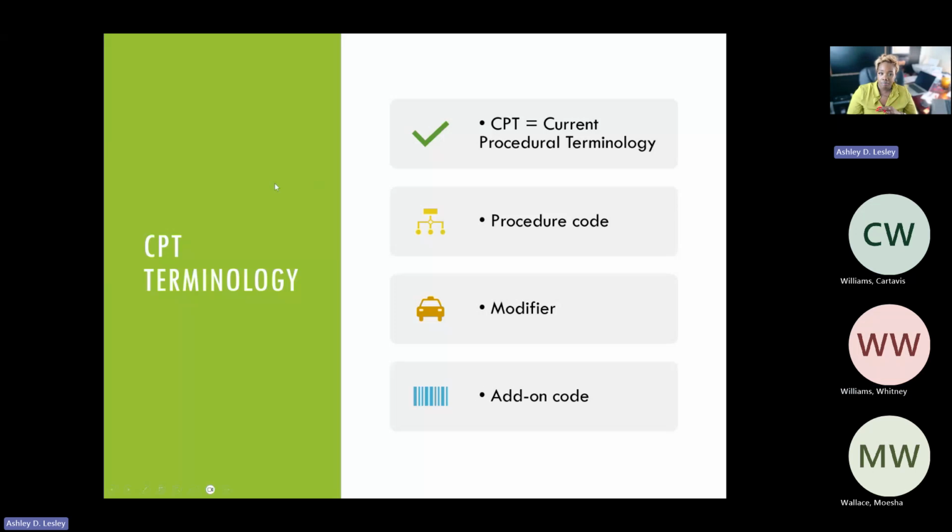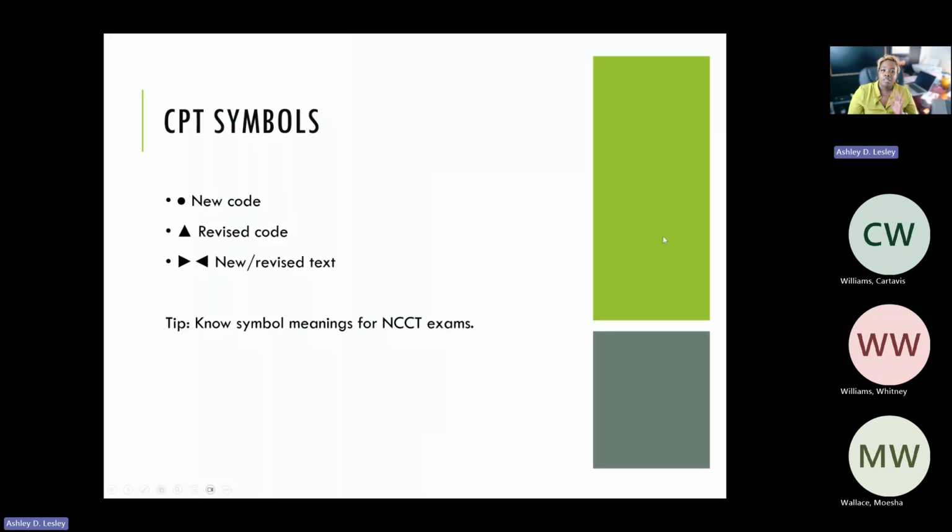No. Okay. All right. So in your CPT book, you also have symbols. The circle is a new code. The CPT book comes out with new codes yearly. Now, I'm not saying that every year we make up a whole new set of services, but they do happen,